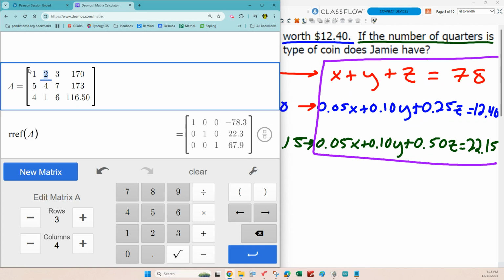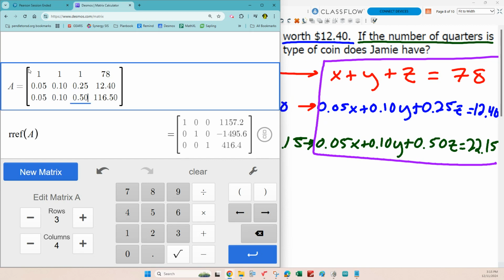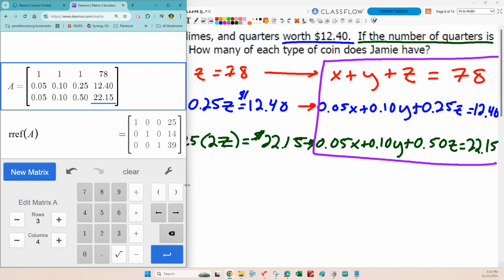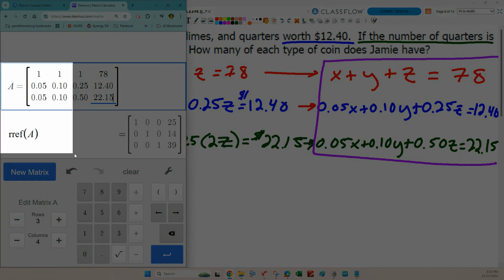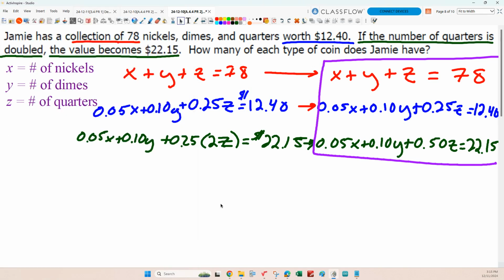1, 1, 1, 78. Notice that the answer is already kind of changing as I go. What's the next one? 0.05, 0.10, 0.25, 1240. Okay, next one. Right? Everybody agree? And then the last number, 2215. And we got it. Okay, so then if I solve that, if I put it into answer form, reduced row echelon form, we get